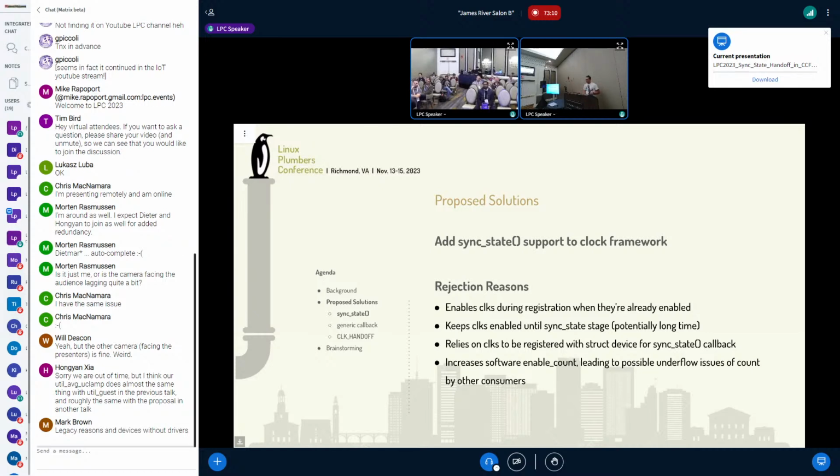It's kind of scary. The other thing is that it relies on devices to be used for registration, and not all clocks in the system are actually registered with struct devices, because we have an early registration system for clocks where you can say, I have a device node in DT and I need to register this, because it's really early and it's used by like a timer. Just a quick comment: I think a lot of existing drivers abuse it, but they don't need to do it this way because there's OF clock declare or whatever.